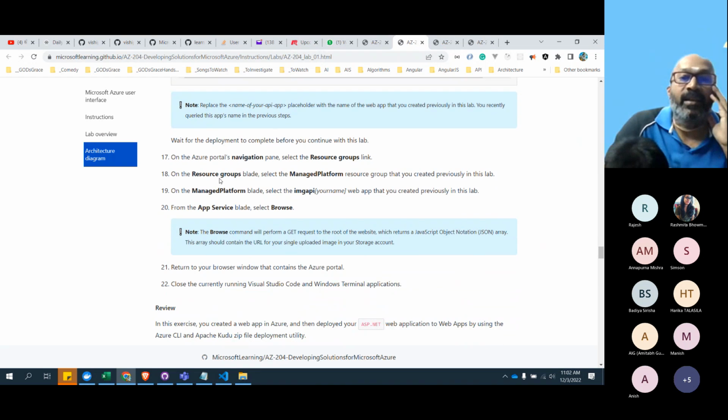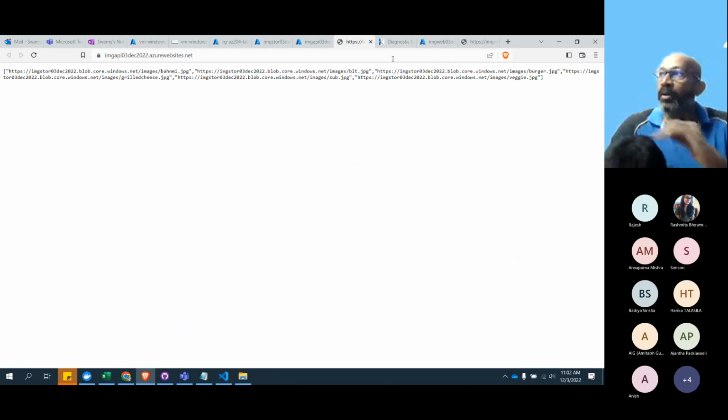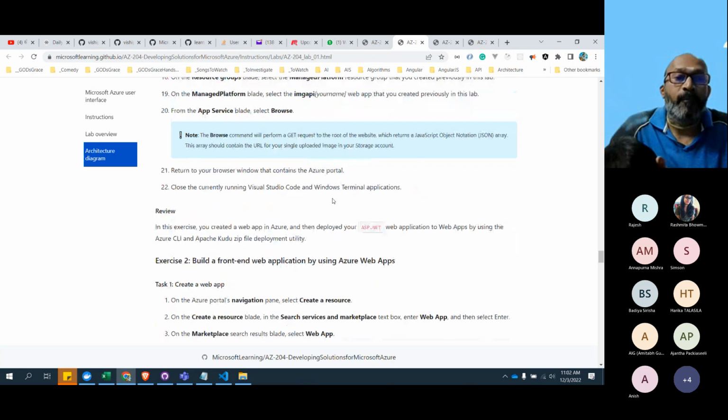What is this asking? Resource group management previously done and manage blade. Select the image API web app previously created in this lab. From the app service, click on browse. Return to the browser that contains the portal. Close the running Visual Studio Code. But at this point of time we were able to create the API.